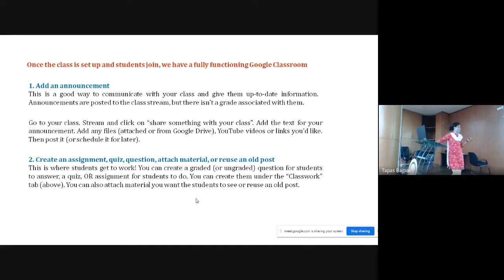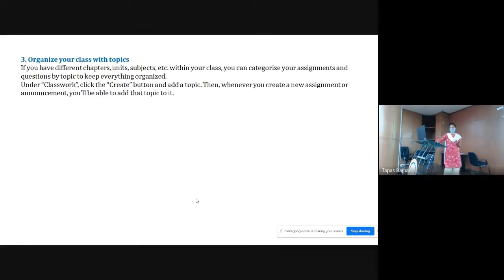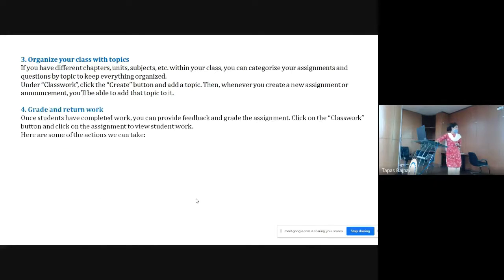And then we can create assignments, quizzes, questions, attach materials, like we can share study materials with the students, or we can reuse the old post. And the next is organize your class with topics. We can add different topics, like for that particular scheduled class, we will be teaching this topic, or for the next class we will be teaching this topic,